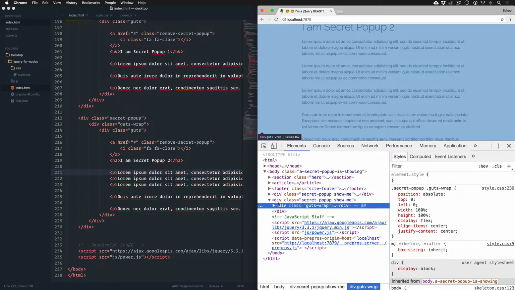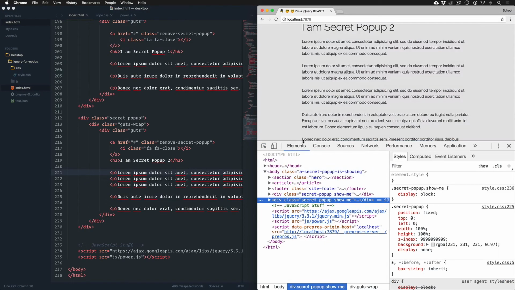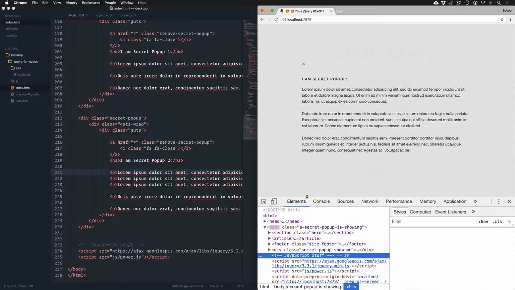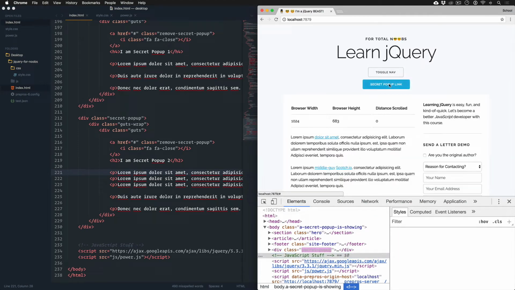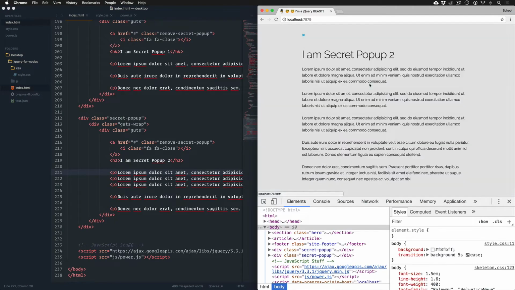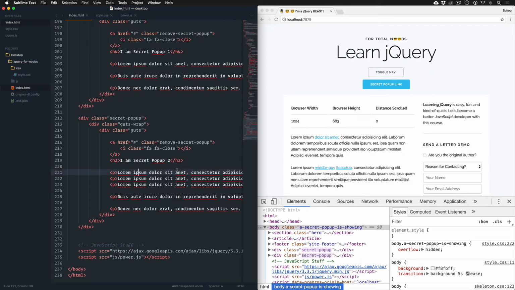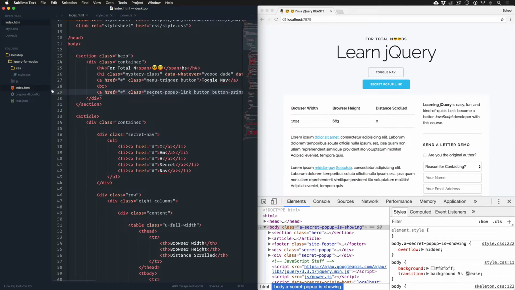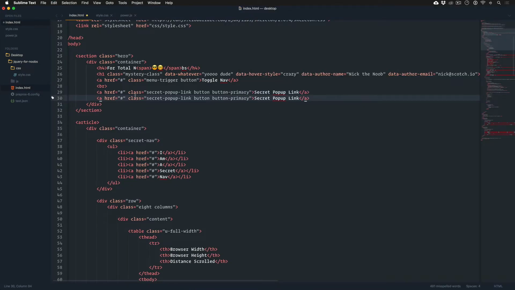So if you look here in our source, scroll down a little bit. If I would delete the second pop-up, we would see the first pop-up, and then they're both showing, despite it kind of working. And what I want to do is target a specific pop-up and only show that one. And to do that, what we can do is a neat trick where we update